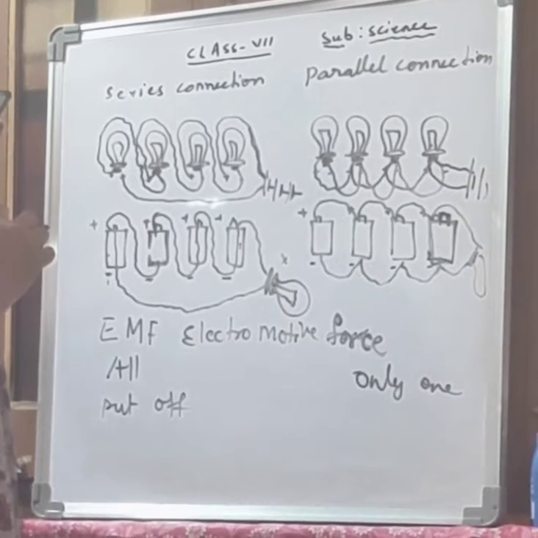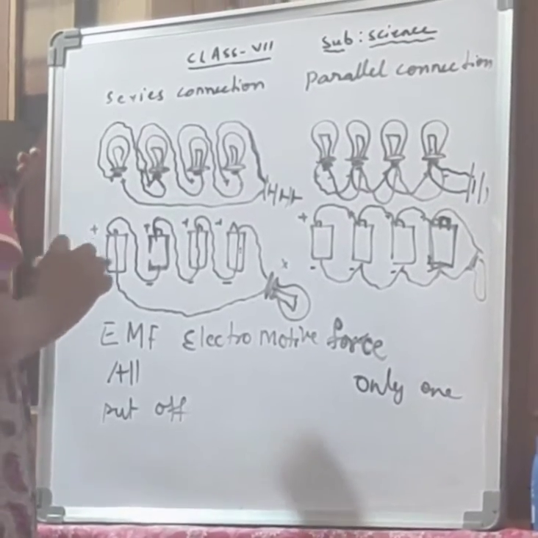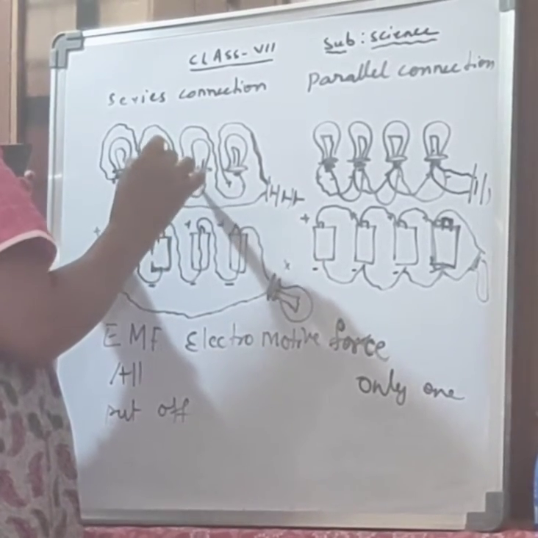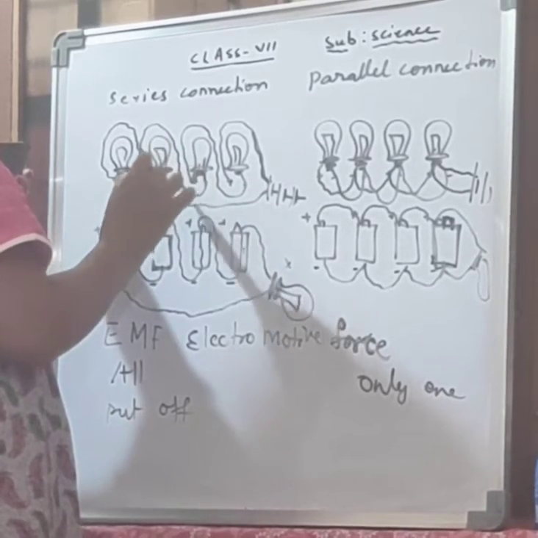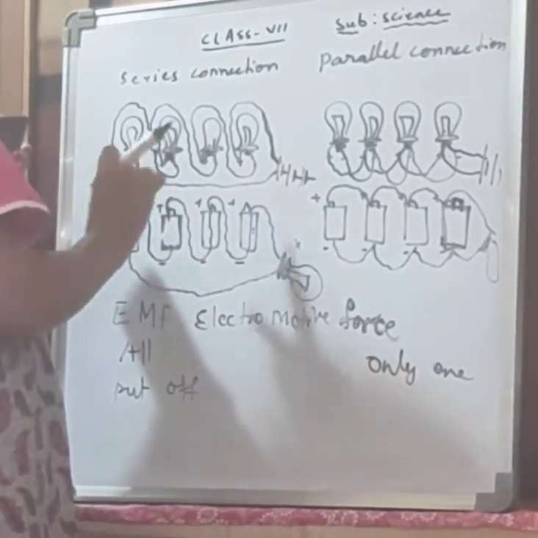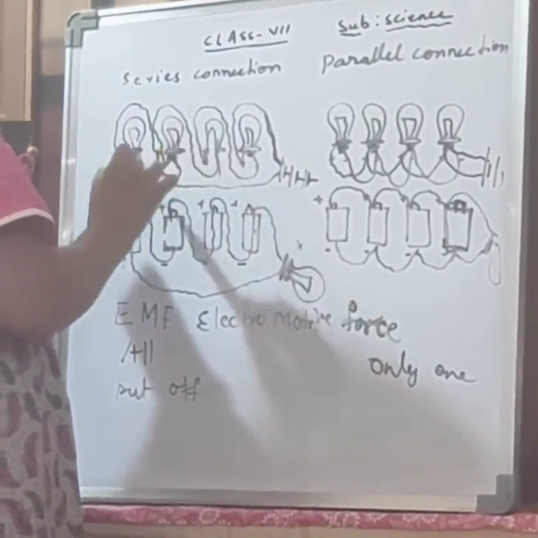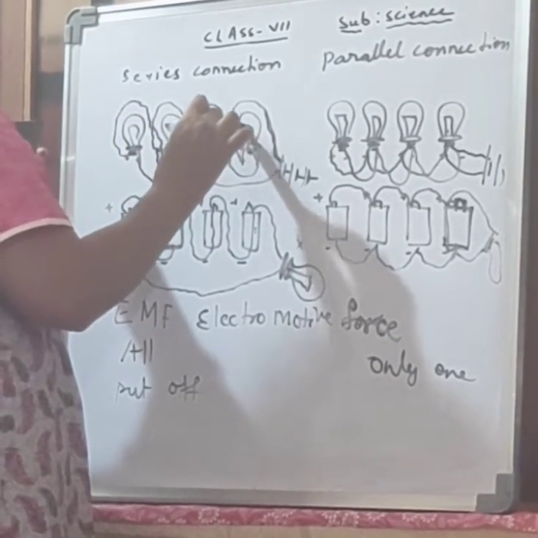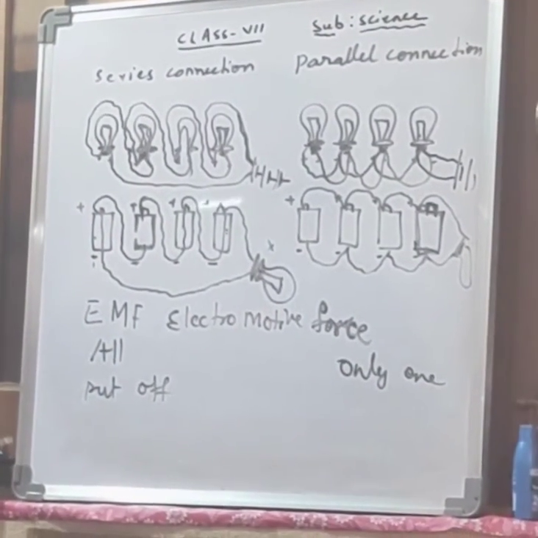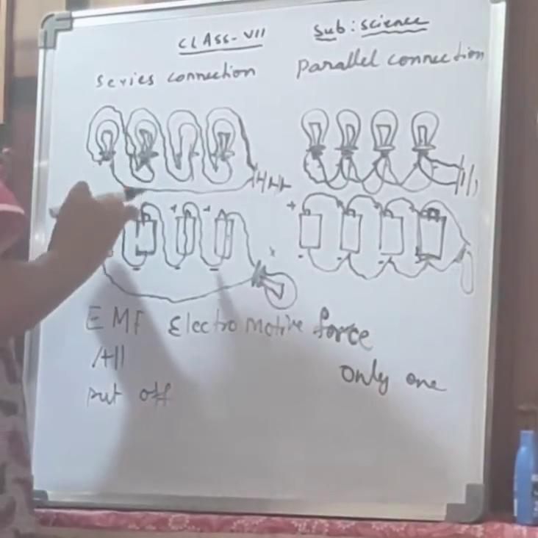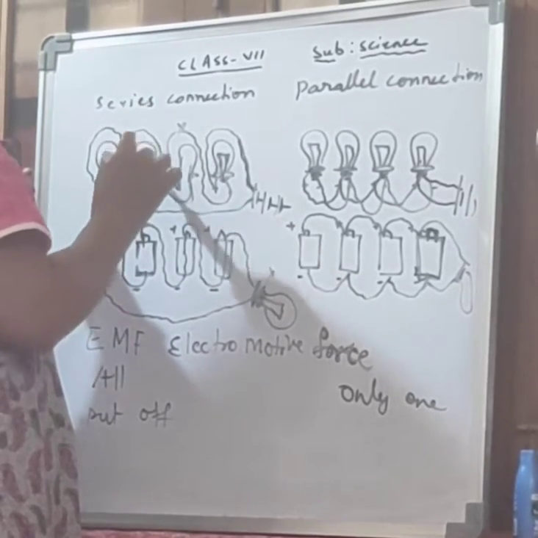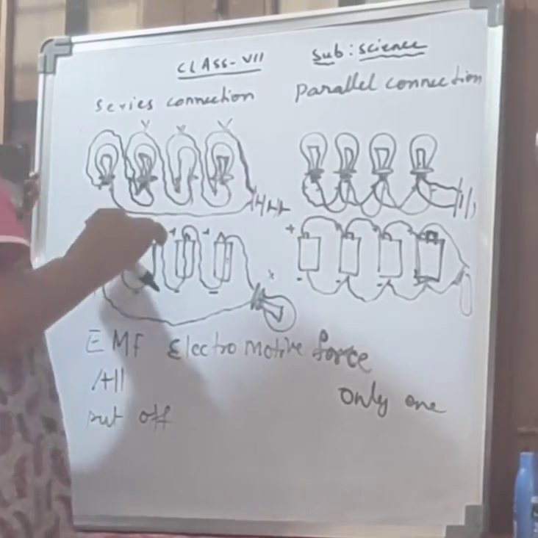Okay. Understood? Here suppose one bulb is fused up. It's not working. So the connection has broken. The connection goes from positive to negative, positive to negative, positive to negative. Like this the connection will be there, but here the connection breaks. It goes through the terminal, and the filament is there. Through the filament, the connection passes from positive to negative. So if this filament is fused up, the connection breaks. This one is fused, but all the remaining 3 bulbs also won't glow, won't give light.